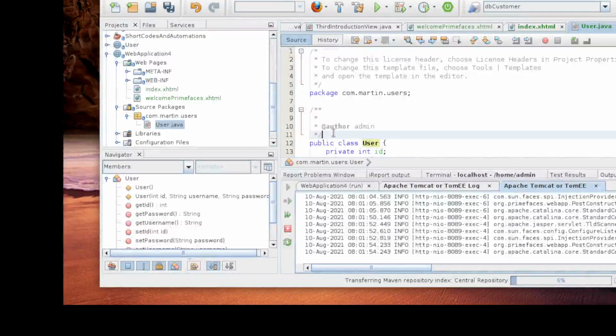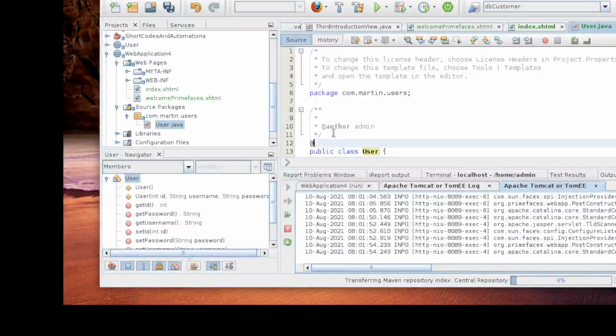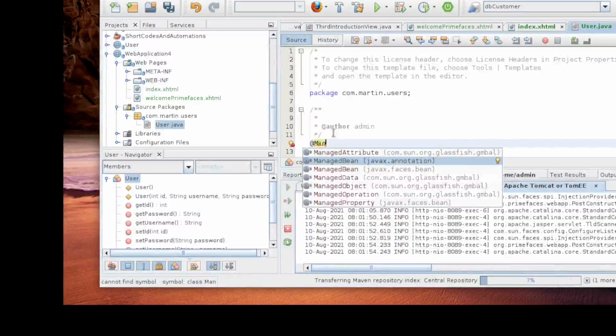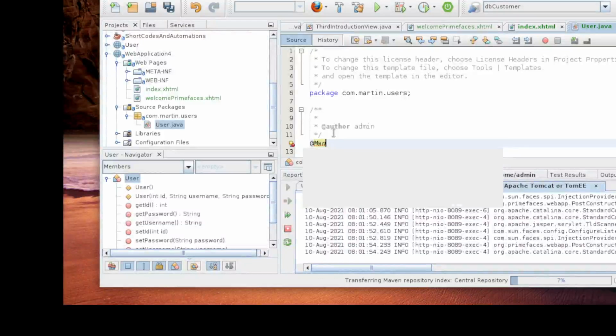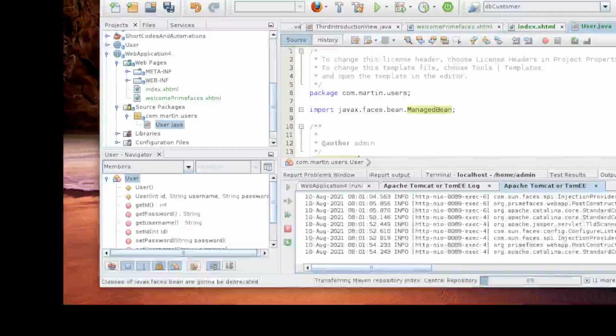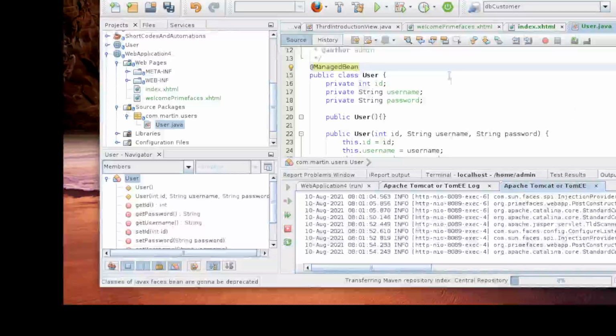So you just mark it as a managed bean here with the annotation. You can say ManagedBean, and for now you will be using the faces bean. Yeah, that makes our beans. And then we also need, I'll be explaining this later,